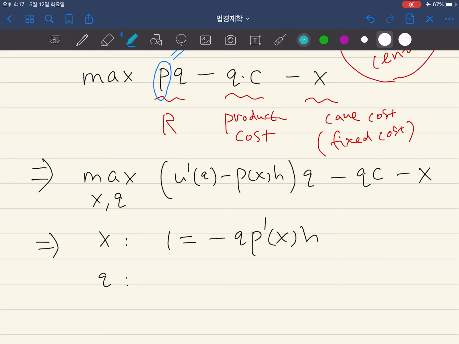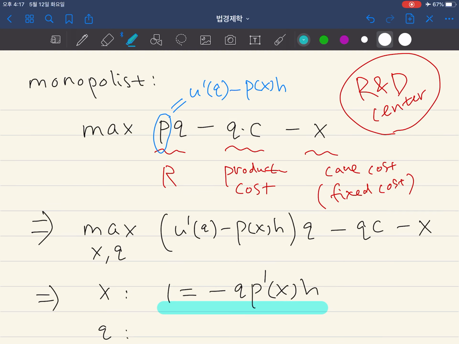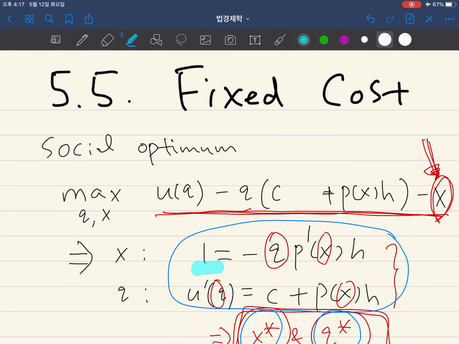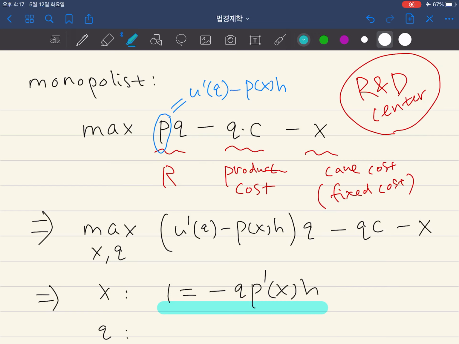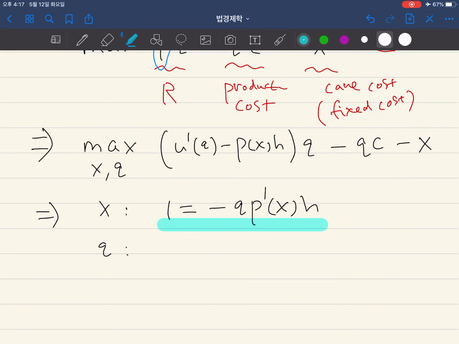We can notice that this blue equation is the same equation as we found here. So this first equation is the same here and here, but we cannot say that because this equation is the same, quality is the same or quantity is the same. We cannot say that because